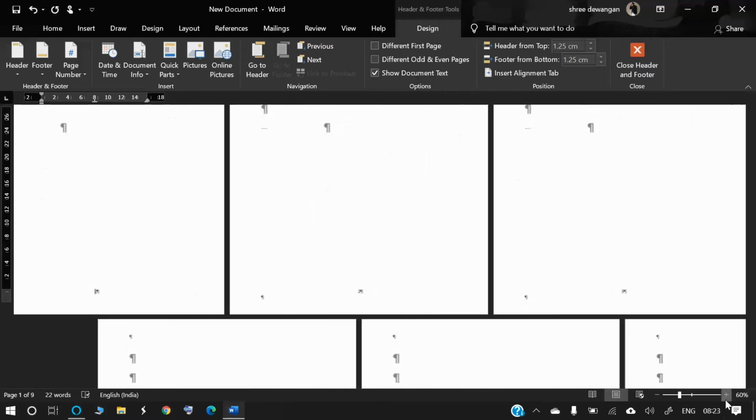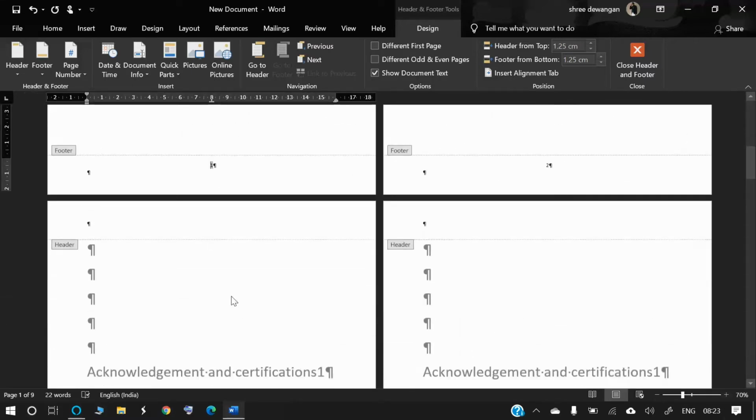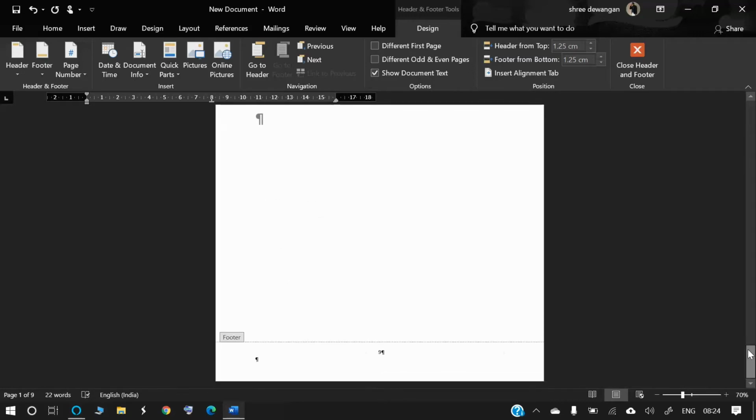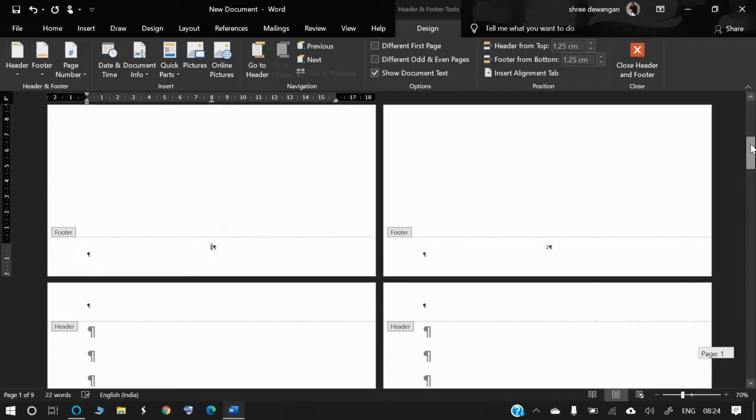Now you can see that the page number starts from 1 and ends here in 9. The formatting of the page number is common for all 9 pages.